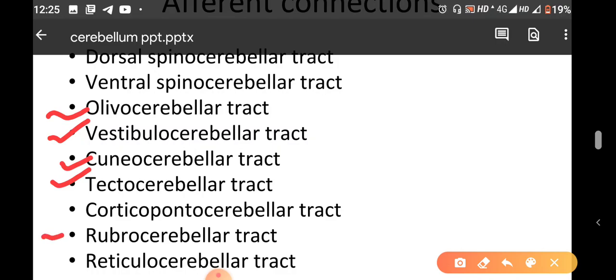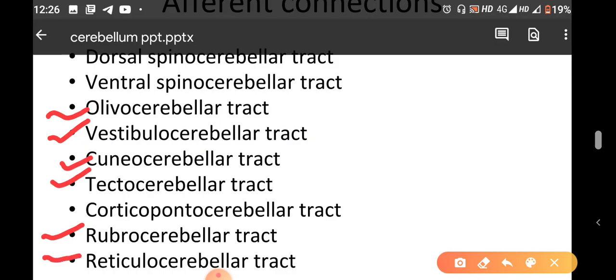The rubrocerebellar tract arises from the red nucleus. It has both crossed and uncrossed fibers. It enters through the superior cerebellar peduncle and is distributed mainly to the dentate nucleus. It transmits the impulses which originated from the motor cortex and relay in the red nucleus. Then,